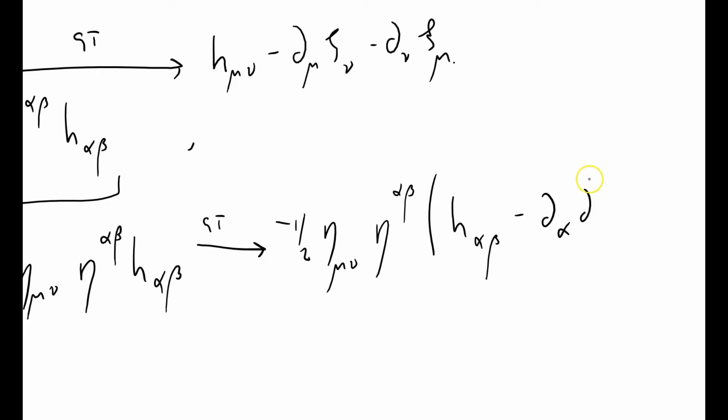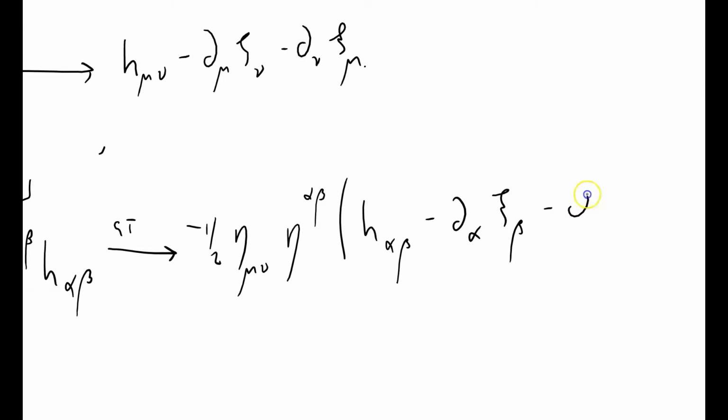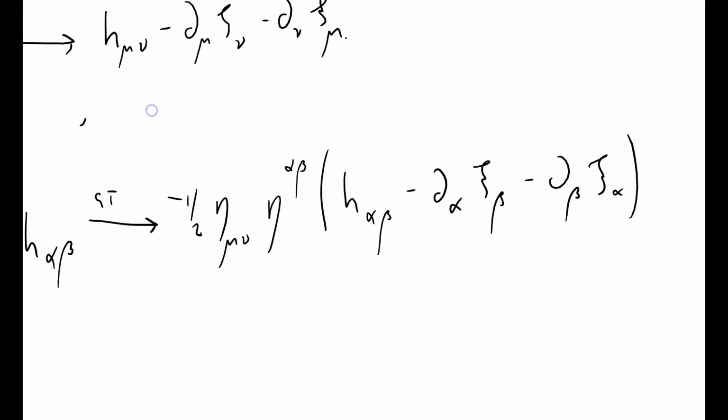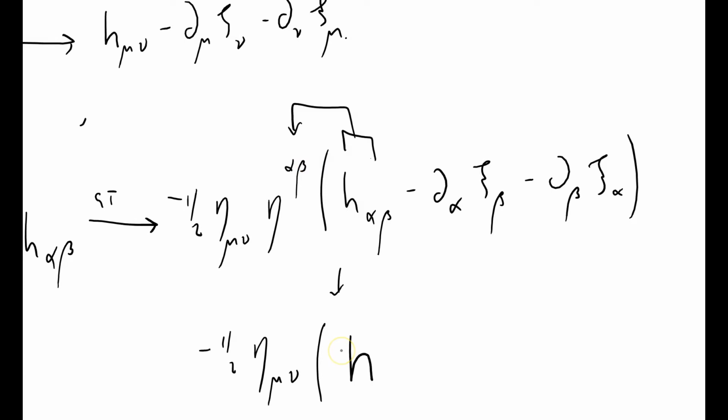Di alpha psi beta, di beta psi alpha. Whew. Right, now I need to do a little bit more algebra. It's minus a half eta mu nu times h, because this term here multiplied by that just gives me the trace of h,